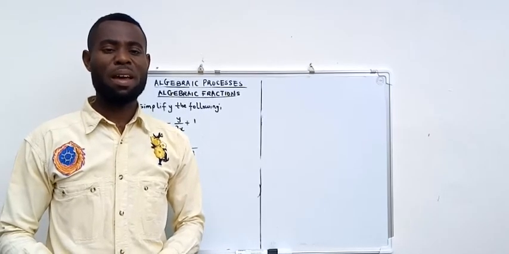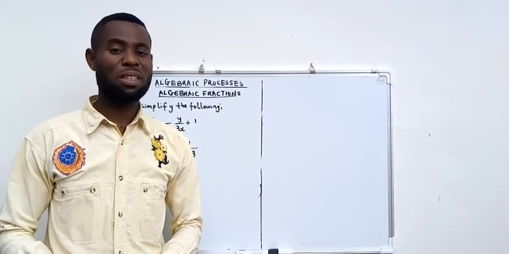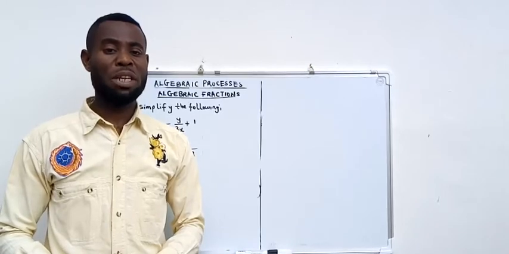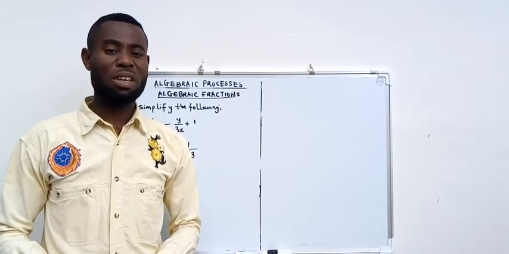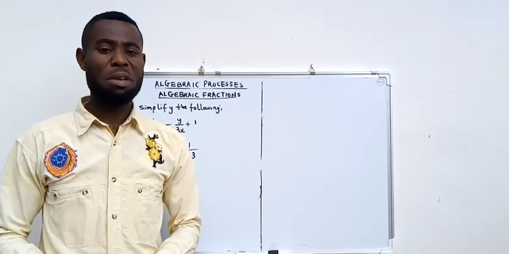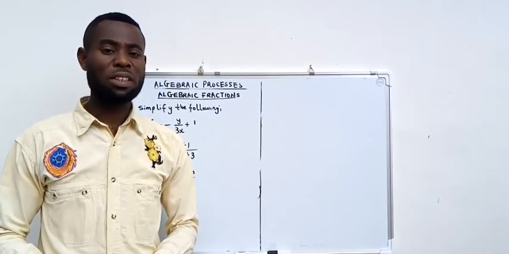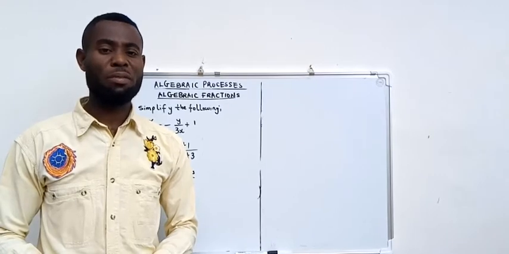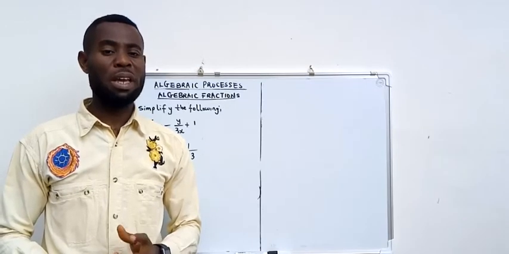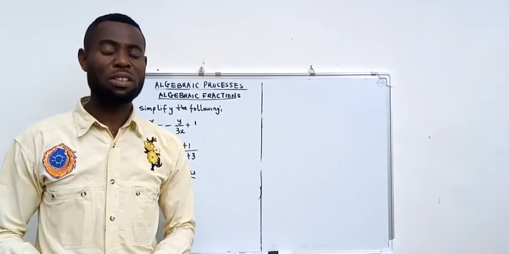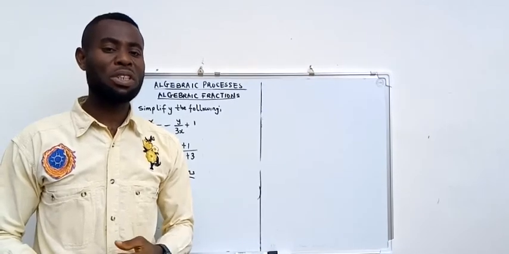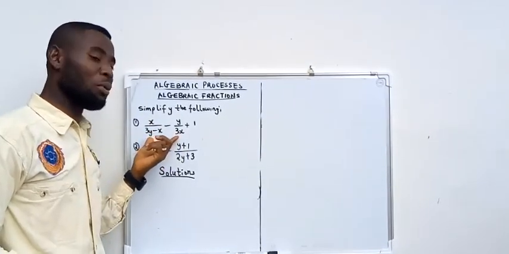Before I continue, I would like to explain two or three things about algebraic fractions. Number one is that the denominators of algebraic fractions are usually algebraic expressions, but the numerators may or may not be. The fractions of an algebraic fraction can contain one or two terms. When it contains one term, we call it a monomial fraction, but when it contains two terms, we call it a binomial fraction. But before I proceed into solving the problem we have on the board,